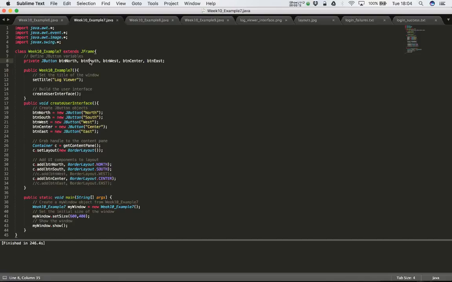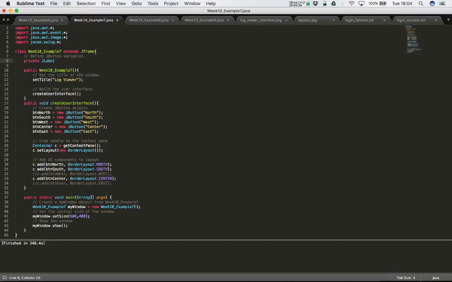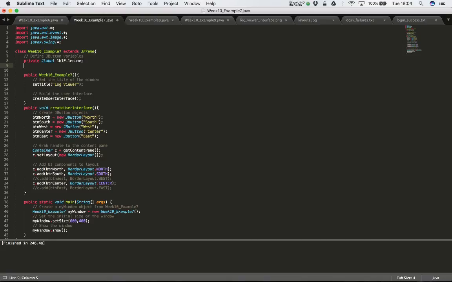So let's start by defining our user interface components. We can delete the north, south, west, center, east buttons, and I'm going to add private JLabel lblFileName. So this will be a label to store the file name text beside the text box, and then I'll say